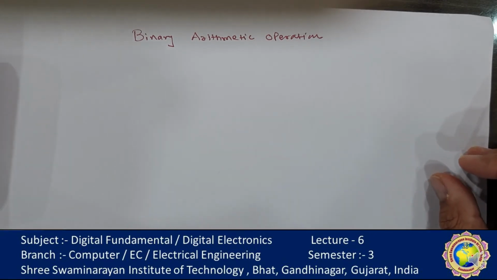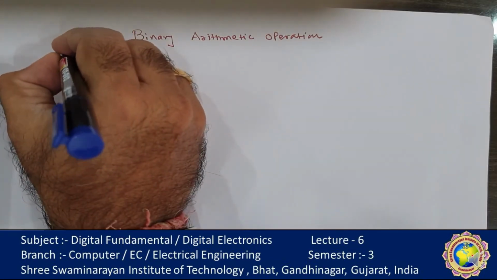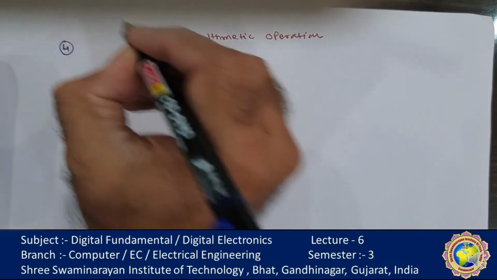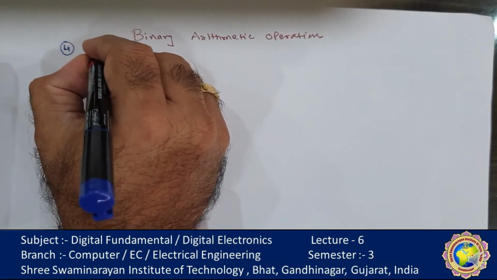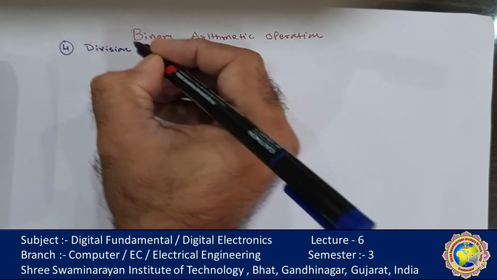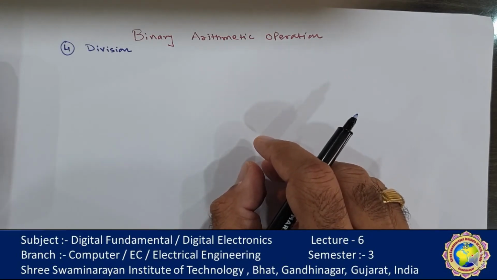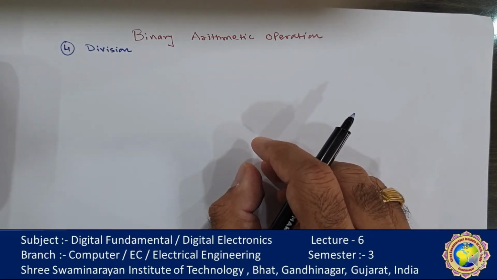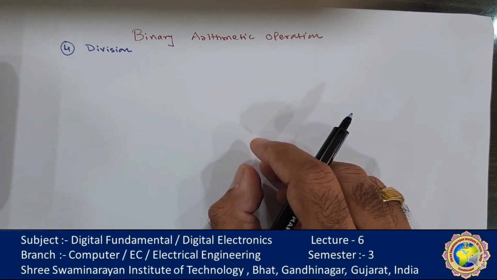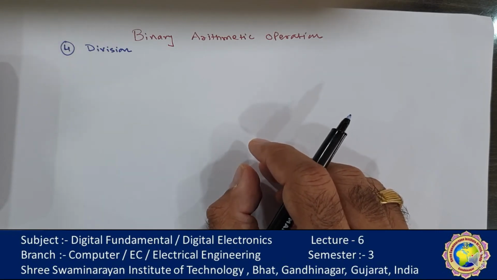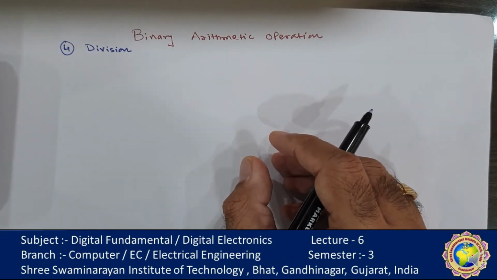Now another example we will take in division. So there are 4 main arithmetic operations. First we discuss the addition, then we discuss the subtraction, then we discuss the multiplication, and finally we will discuss the division. Like multiplication, division too can be performed by two methods, paper method and computer method. In the paper method, a long division procedure is similar to the decimal one which we use. Let us understand by that example.